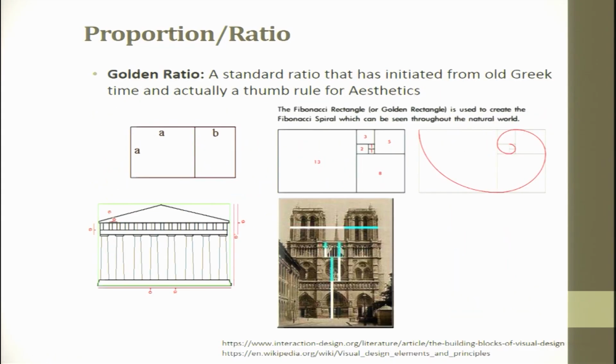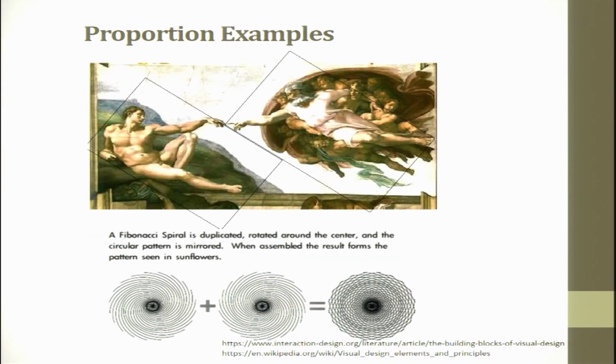So, this is the golden ratio which we saw. These are the buildings wherein it is followed, and these are the other old buildings wherein it is magnificent. They follow the Fibonacci rectangle, or a golden rectangle. So, you can see the spiraling effect is formed and it forms a very beautiful image. The proportion examples again: the Fibonacci spiral is duplicated, rotated around the center, and the circular patterns are mirrored. When assembled, the result forms a pattern seen in a sunflower. So, whatever drawing you do, if you follow this golden ratio, then you will have a very, very appealing